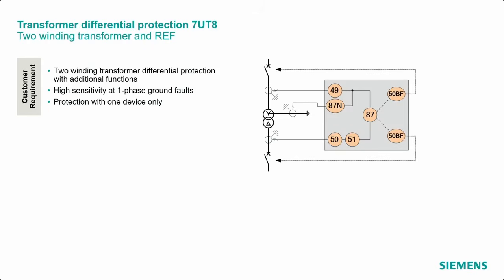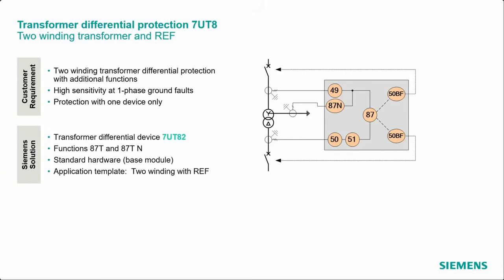If we have a look at the picture on the right side, then we will see our application from the slide before is a little bit changed now. Additionally to the 2-winding transformer, we have now a neutral point, which is solidly earthed and connected, and there we have also a single phase current transformer,